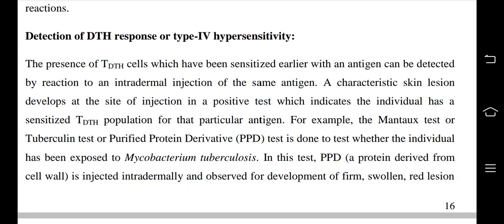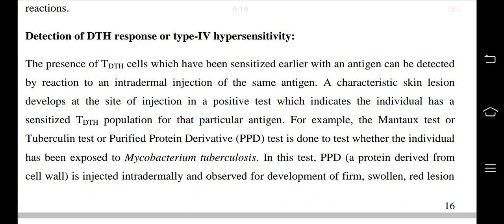Detection of DTH response by type 4 hypersensitivity. The presence of DTH cells which have been sensitized earlier with an antigen can be detected by reaction to an intradermal injection of the same antigen. A characteristic skin lesion develops at the site of injection in a positive test, which indicates the individual has a sensitized DTH population